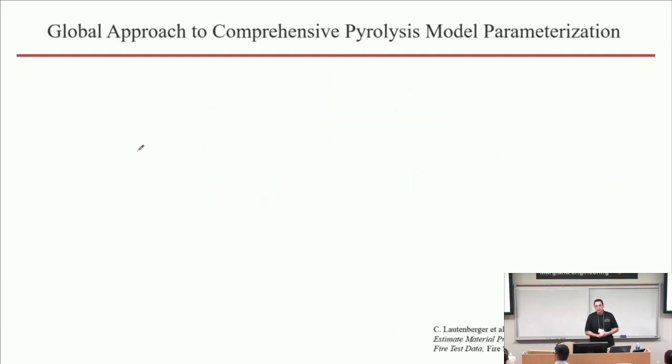Now, you probably have noticed that these equations have a lot of parameters in them. And those parameters, some of them are apparent, like initial material density, and some of them are not clear how to measure and to determine. So a lot of work in the field of fire in the past 15 to 20 years has been focused on figuring out how to parameterize these detailed pyrolysis models that in principle give you access to all this complex phenomena that you can balance against